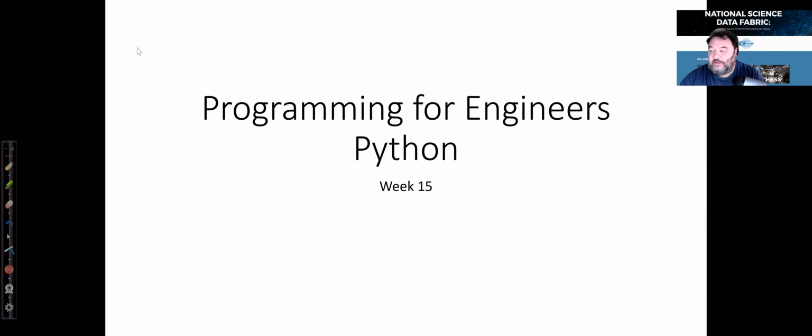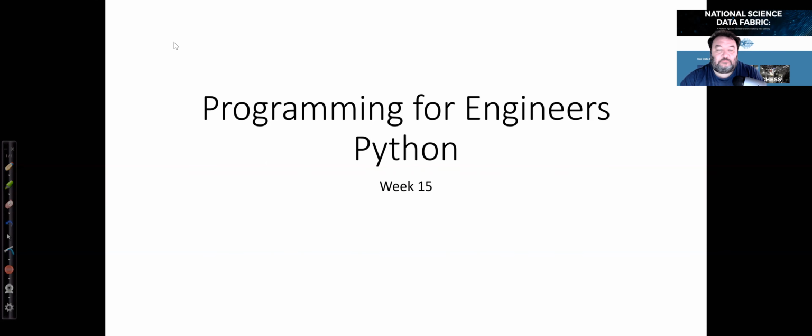Welcome to the last week of the Programming for Engineers class. In this final stretch, we'll talk about plotting data in Python, and we'll go through the completion of one example, basically plotting the COVID numbers that we were able last week to scrape from a web page available on the